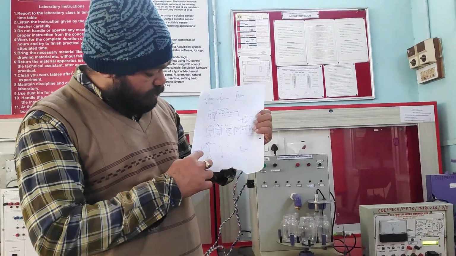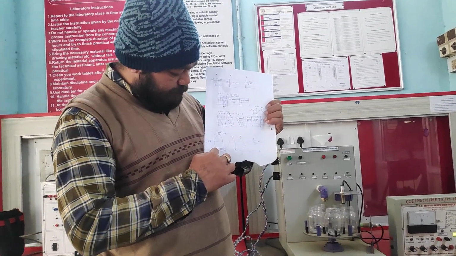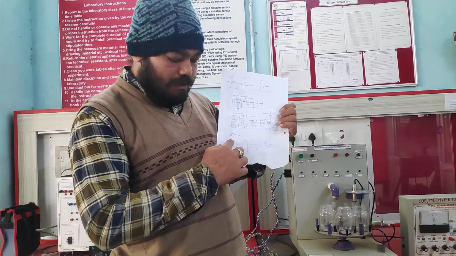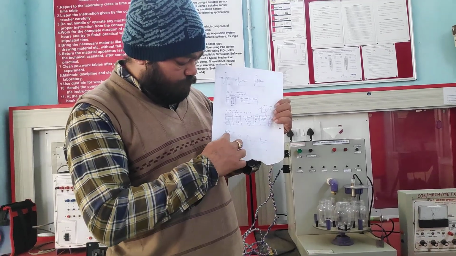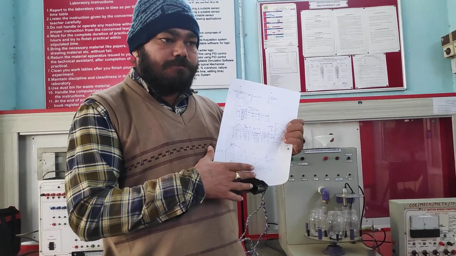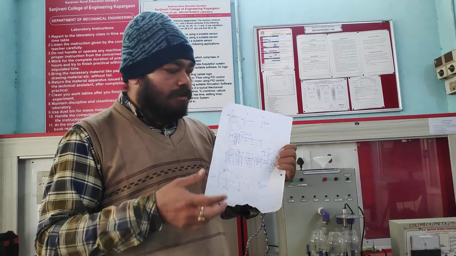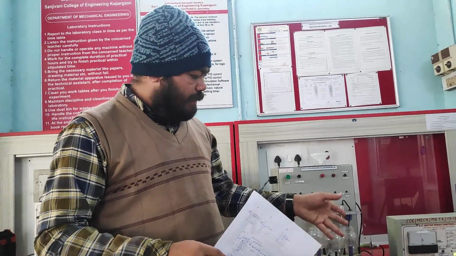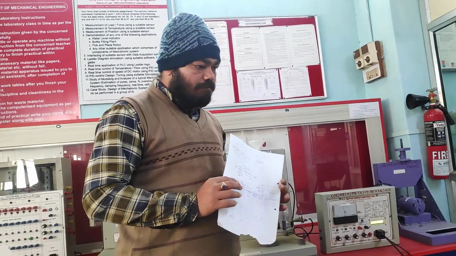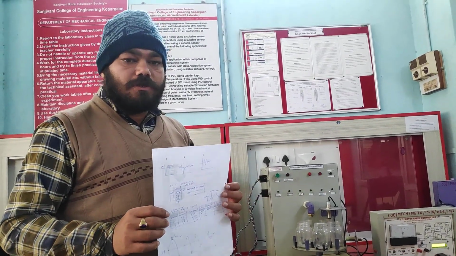From this observation, you can observe the set speed is 850, minimum speed 846, maximum speed 852. These are the observations. This is the time period. You can plot the graph like this. You can observe the performance of the PID control action. Now you can change the gain and various parameters. You can observe by using a computer also, and take the data over the computer. The provisions are given with the set, by using suitable software. So I think this is clear for you. Okay, we'll stop here. Thank you.